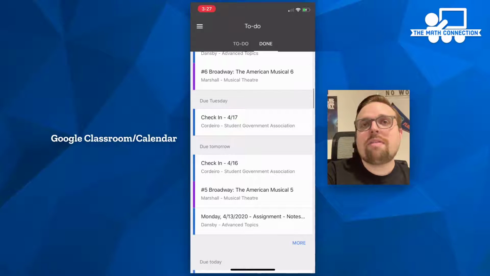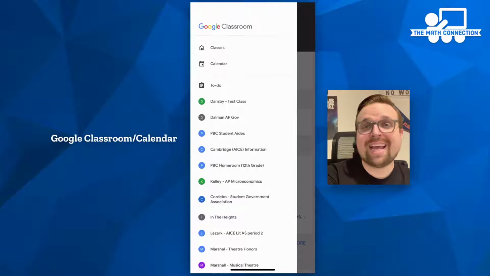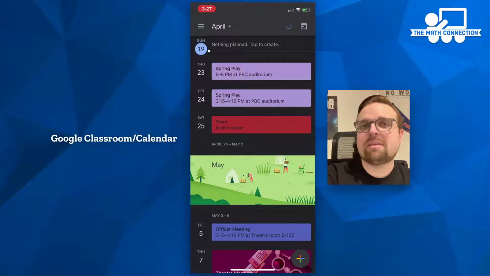So another thing you can do to sort of help keep track of all these tasks is to use Google Calendar. I like Google Calendar just a little better because on Google Calendar you can actually add your own events to it also. Actually, it looks like Bella has plenty of things on here already that she's got in her